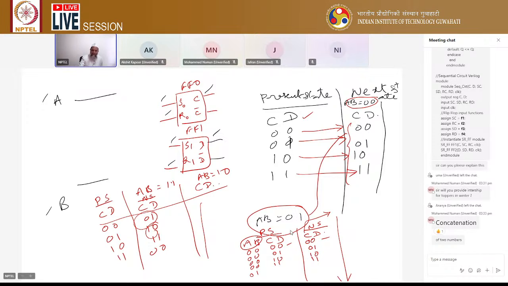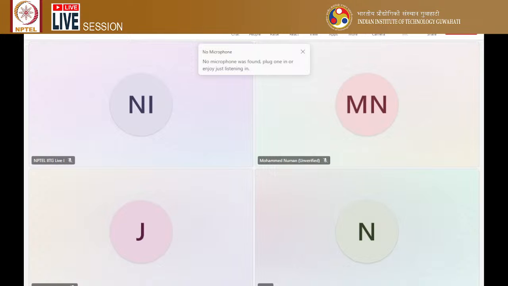So the next state of these flip-flops depends upon this CD as well as this AB. Once you know this next state, then to come from this present state to the next state, what are the flip-flop input functions? What are the inputs S0 and R0 required so that C has to remain in 0 and D has to remain in 0? So you can